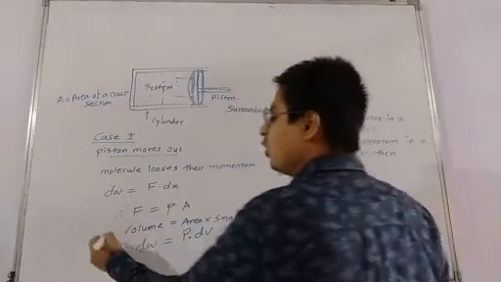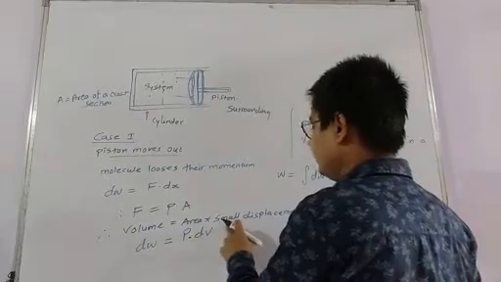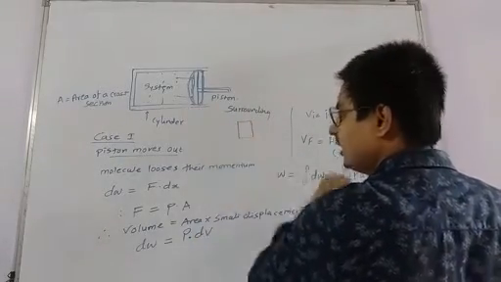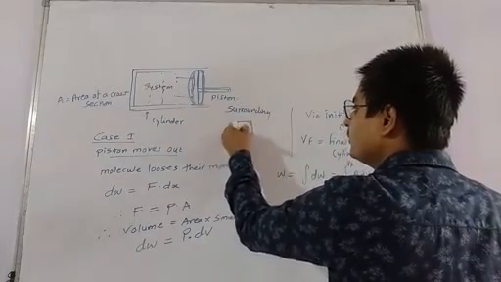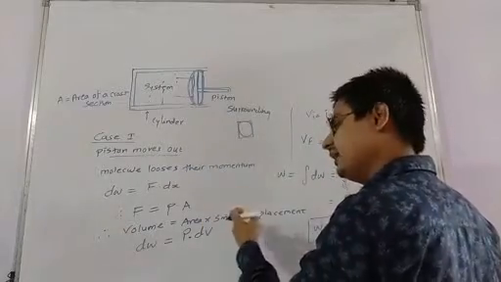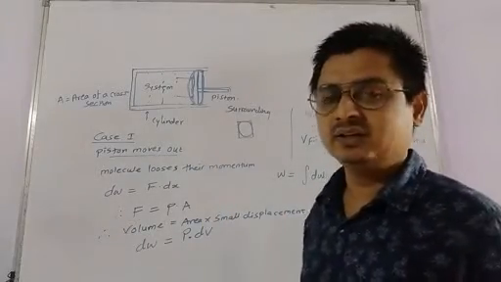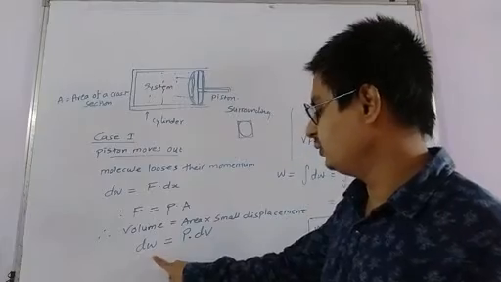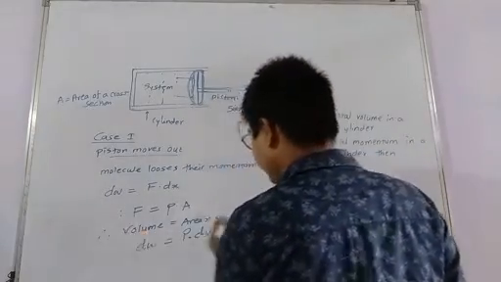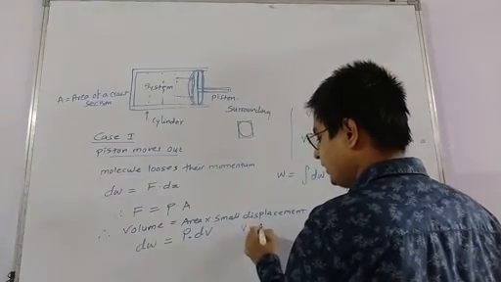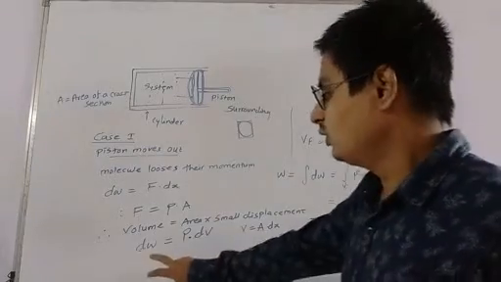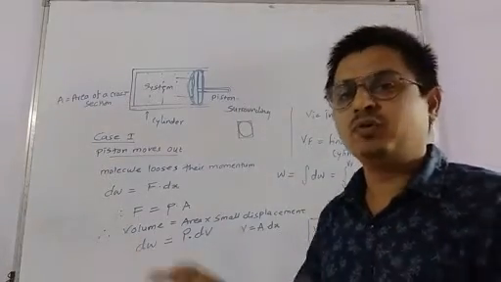As we know कि volume is equal to area into a small displacement. मतलब मान लो कि अगर इतना उसका displacement हुआ है और ये भी जो है वो spherical shape में है, तो definitely volume कितना होगा? Area into small displacement. So that much area, dW is equal to P into dV हमें मिलेगा, क्योंकि ये जो फॉर्मूला है V is equal to what? A into dx. So according to which formula आपको वर्क डन का मिलेगा?